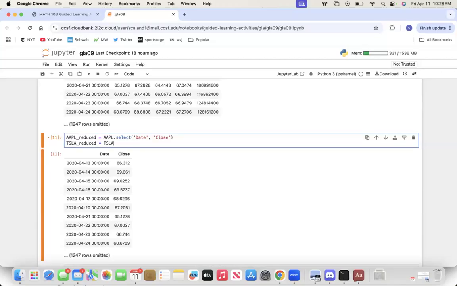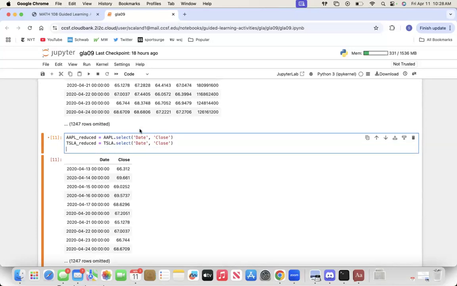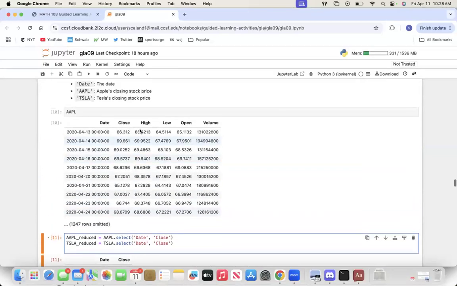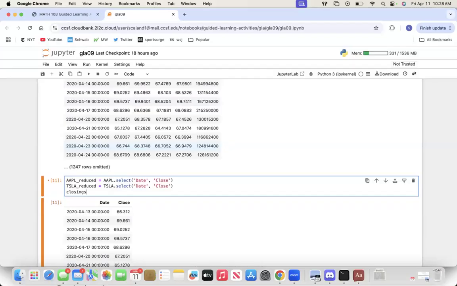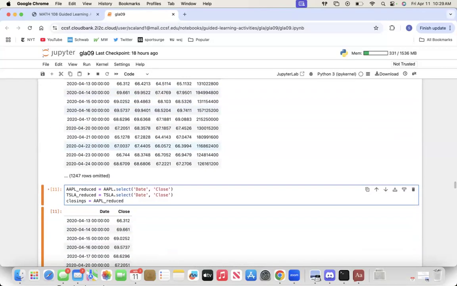Reduced TSLA, same thing, select date and close. All right, now we have these. And now we're gonna do this closings table, and we're gonna do that by joining these two. I guess it doesn't really matter which one we start with. Start with Apple,